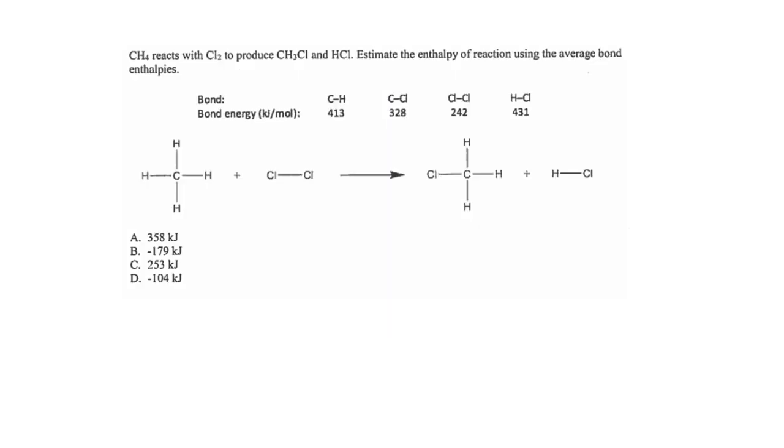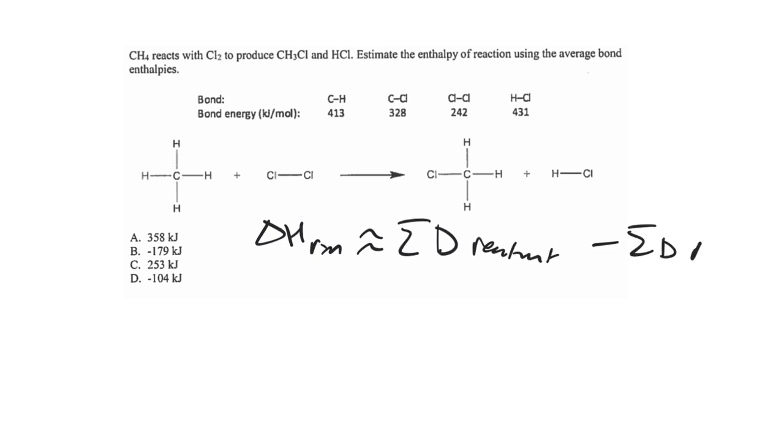For this question here, we're using bond enthalpies. This equation's on our equation sheet. You're going to see it on the first question of your exam. But our delta H of a reaction can be approximated by taking the sum of the bond strengths of the reactants and summing those up, and then subtracting the sum of the bond strengths of the products. The equation's given, but this is a weird one where it's reactants minus products,